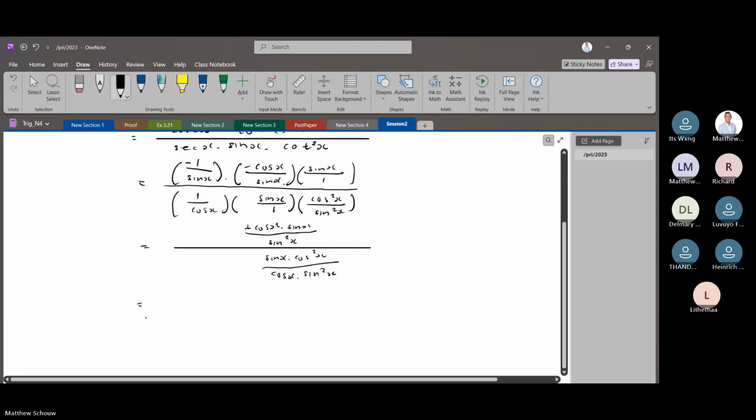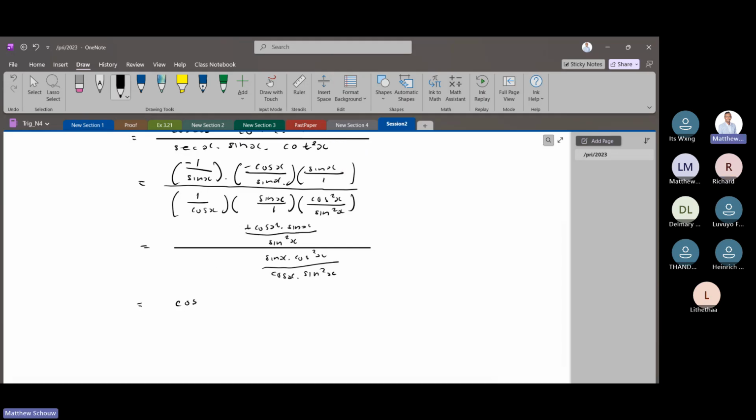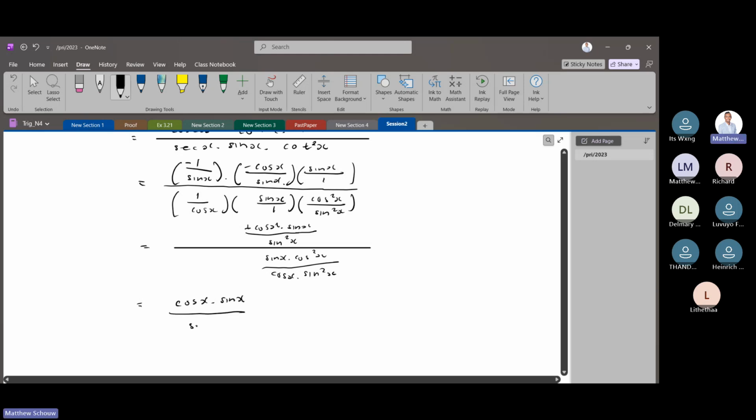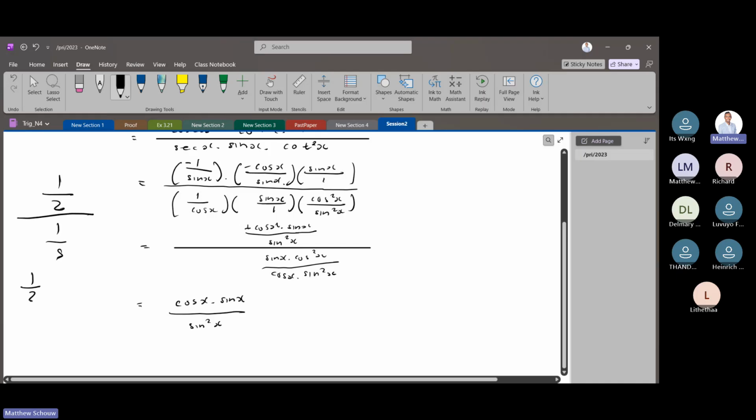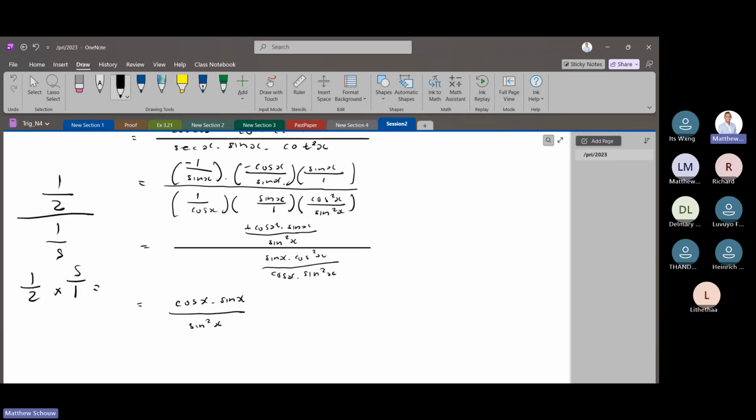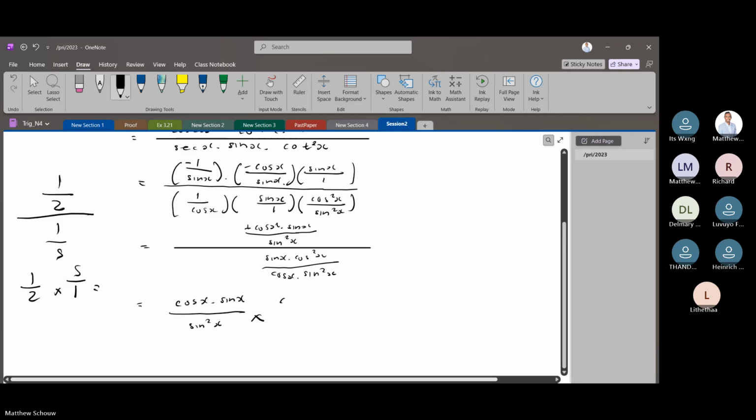So then we're just going to have to do our flip, the inverse reciprocal multiplication, whatever they call it. So it's cos x sine x divided by sine squared x. If you have 1 over 2 divided by 1 over 5, all you have to do is flip the denominator over like this. I'm sure you guys are aware of that. So I'm doing exactly the same mathematical procedure over here, flipping this one. Here we have cos x sine squared x, divided by